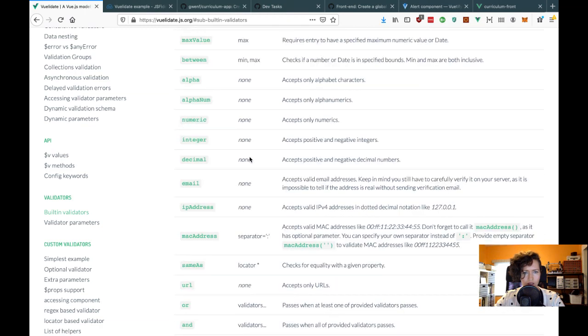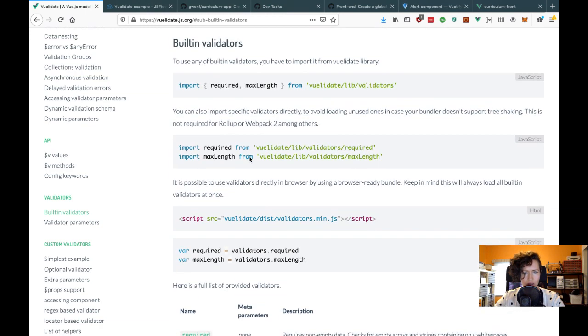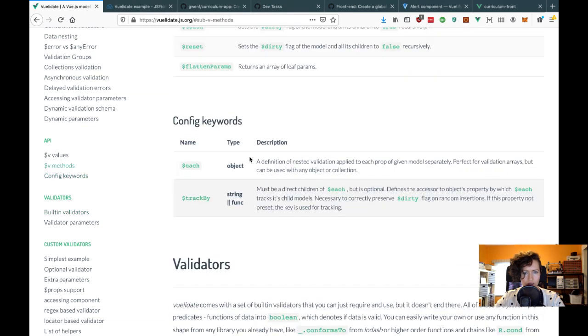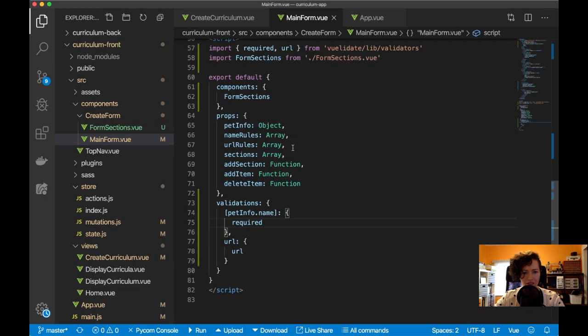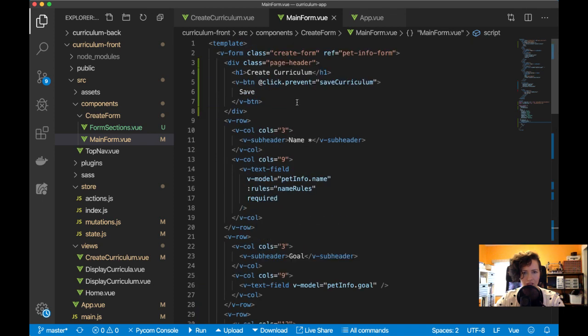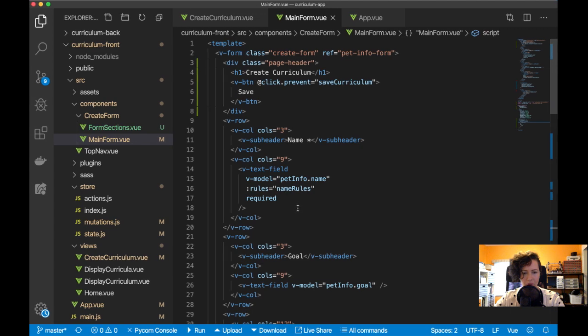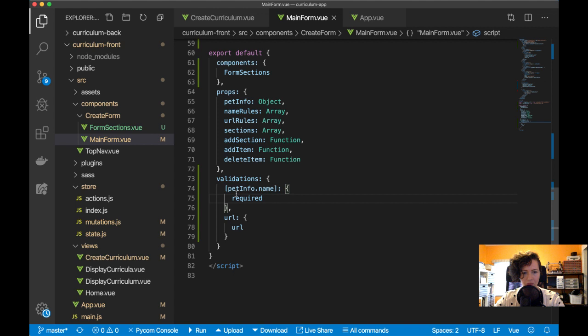Let me see. I don't know. Let me just try it and see if it works. Pet info dot name, and, or maybe I don't need that. Maybe I can just do it in quotes. Maybe they want